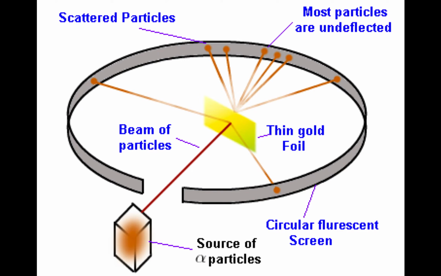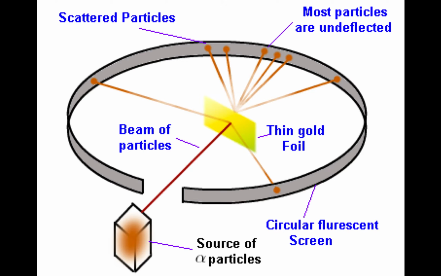This was the setup. So on the left, you have the source of alpha particles. The symbol stands for alpha. So we will cover what alpha particles are later on, but for the purpose of this experiment, alpha particles are just positively charged particles. And then in front of the source, you will have a thin gold foil,